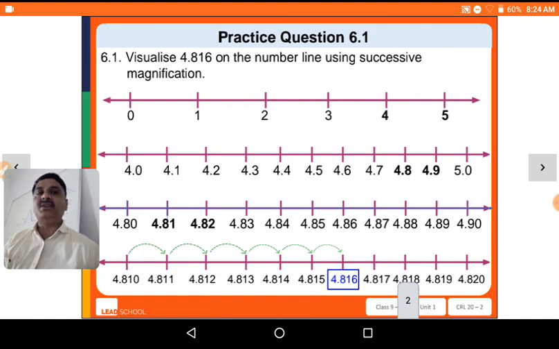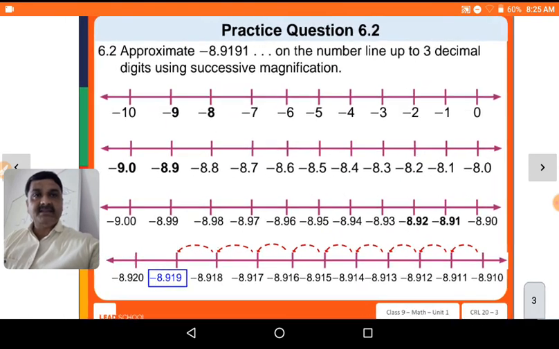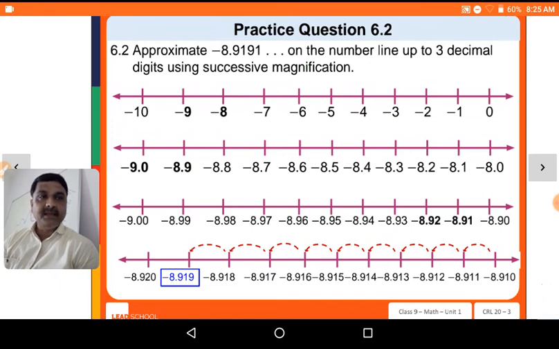समझ में आ गया ना कि सीधा वही ड्रॉ करने की जरूरत नहीं होती, बट आपको स्टेप बाय स्टेप उसको फॉलो करना है। How many number lines you represent, एक्चुअल में जितनी नंबर लाइन, जब तक हमारा वो नंबर विजुलाइज ना हो जाए तब तक हमें ये नंबर लाइन पे आगे बढ़ते जाना है। तो 6.1 का ये आंसर पूरा आपके सामने डिस्प्ले हो रहा है। You can also write down this in your fair book, बट पेंसिल से अच्छी तरह से ये नंबर लाइन आप ड्रॉ करना। So this is 6.1, now this is 6.2 is concerned। अब देख सकते हो कि 6.2 के पोर्शन में जो यहाँ पे अप्रोक्सीमेशन दिया गया है